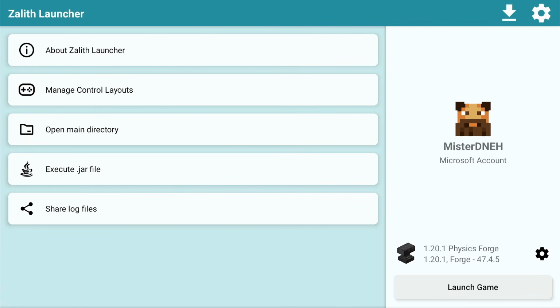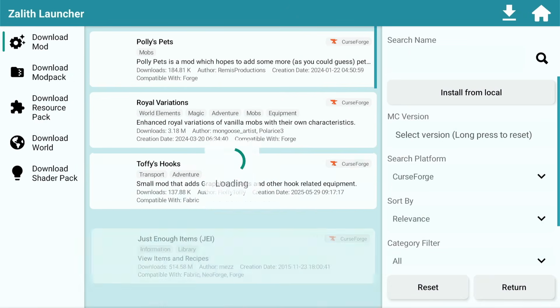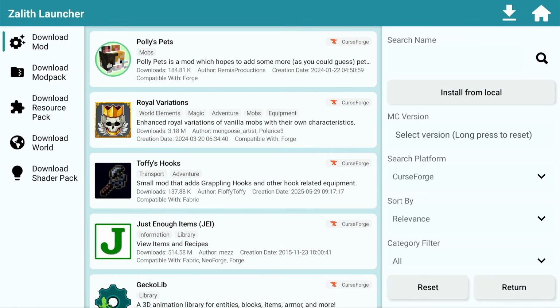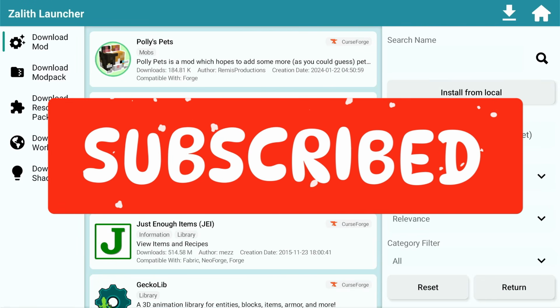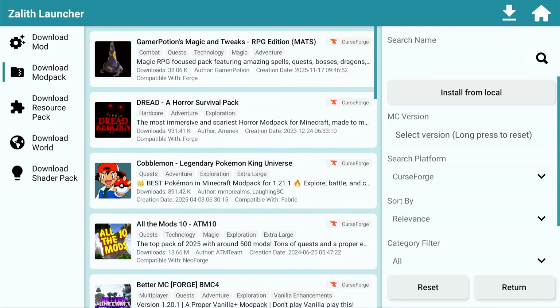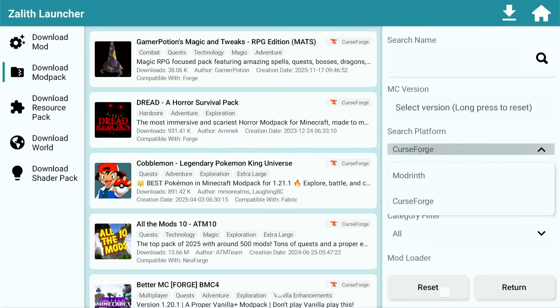The very first thing you're going to do is navigate to this download icon on the top right hand side, and on the left hand side you're going to hit subscribe. That's on the right hand side probably as well. And then you're going to click on mod pack. Now on the right hand side you're going to look for something that says search platform and change it to